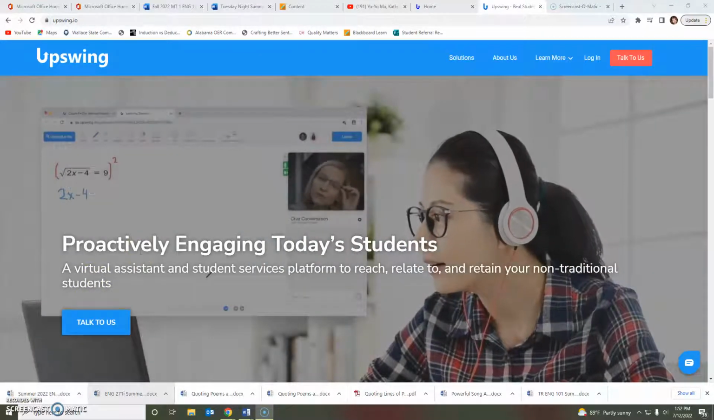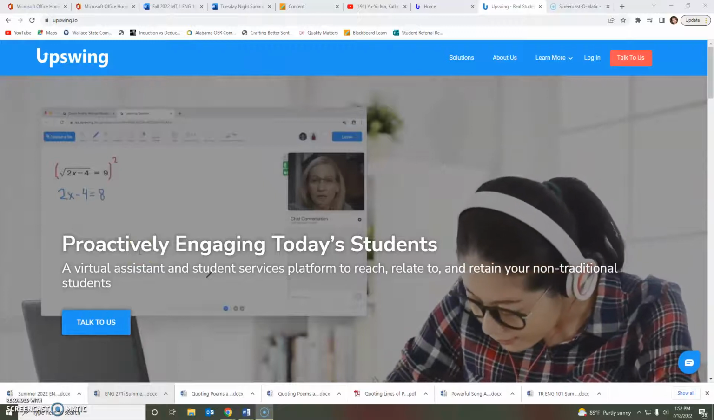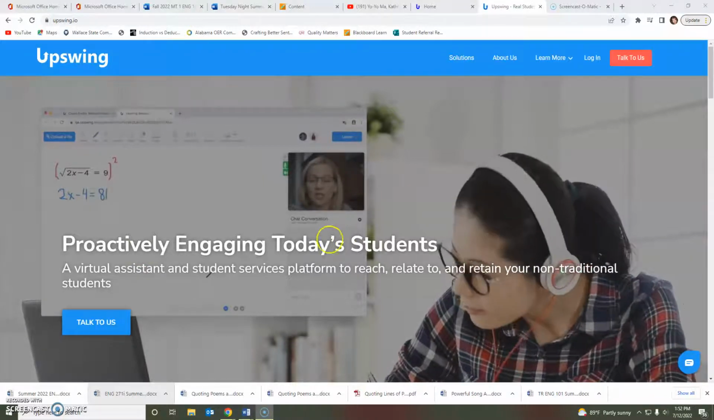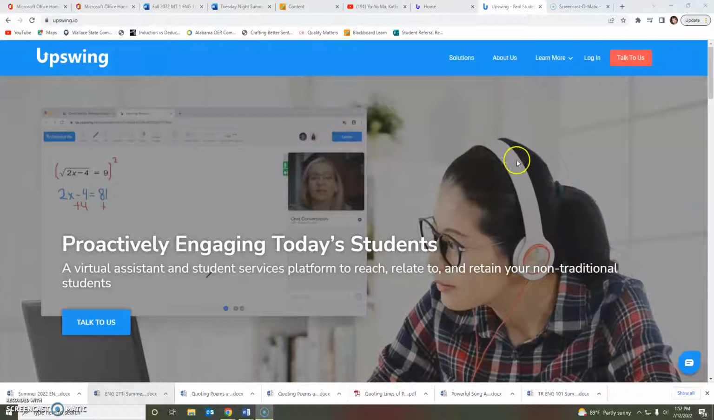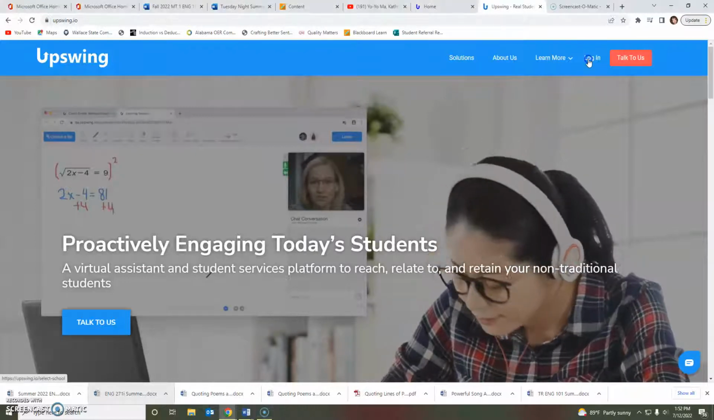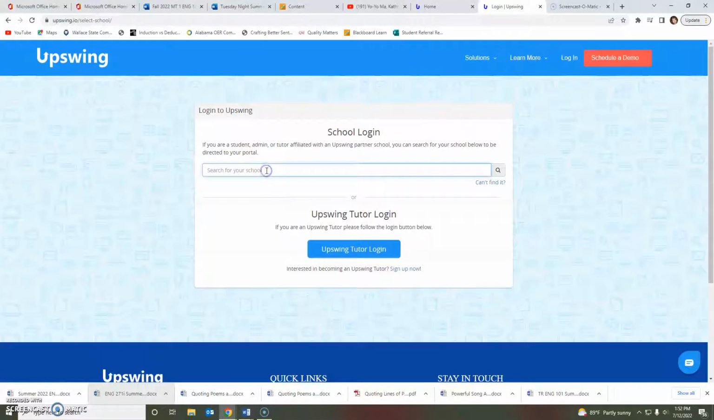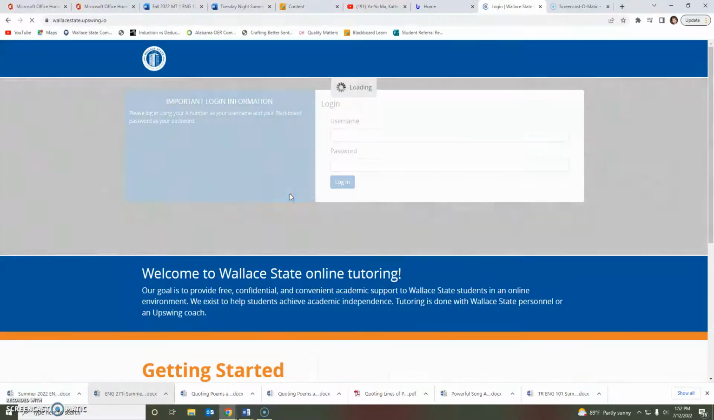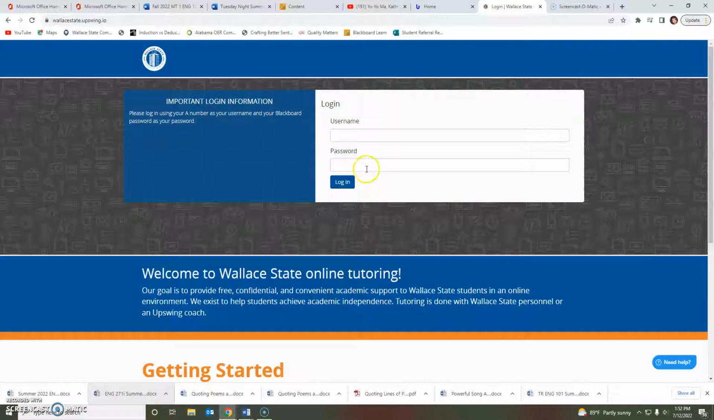To make an appointment with a tutor with whom you can meet virtually on the screen like this, just log in. You will search for your school, and then you will use your username and password that you use to sign into Blackboard. If you are unable to sign in, then you should contact the tutors in the tutoring lab by email or